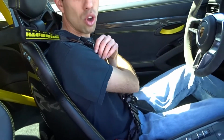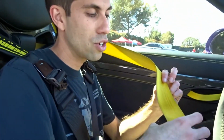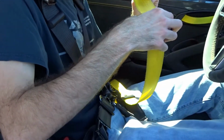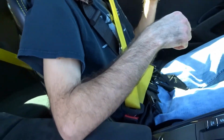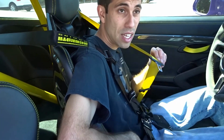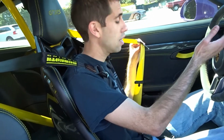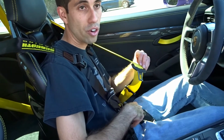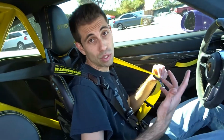There's also a safety belt that you don't need to put on, but on federal regulations, this has to be in the car. And so, I mean, you can technically do this, which looks dumb, but what happens is your seatbelt light won't go off until this is in. So it's up to you. You can use the harness and then just deal with your light, or you can put this on without the harness and then have your light off, or you can do both. It's up to you. If you want to do nerdy, which is like me, you just do